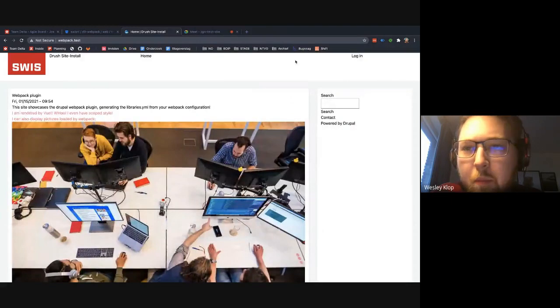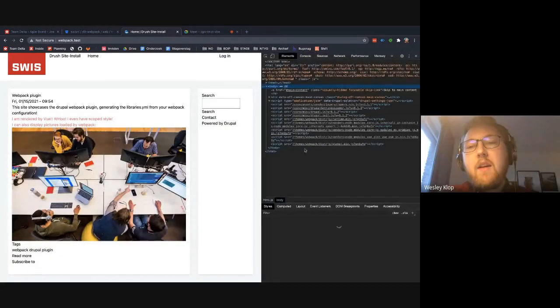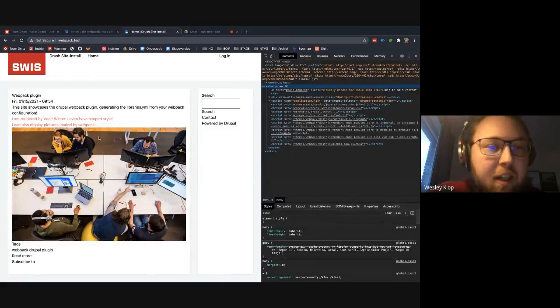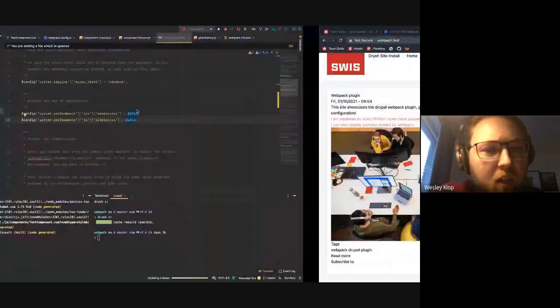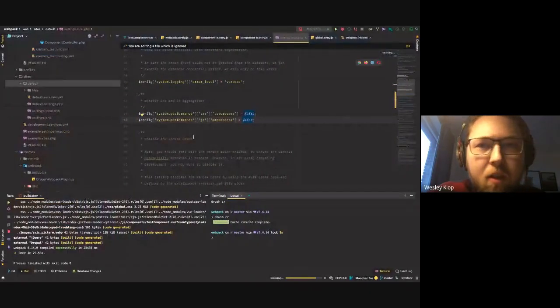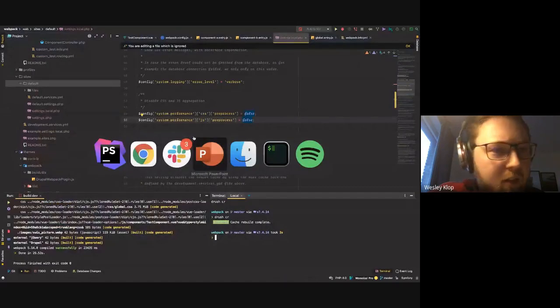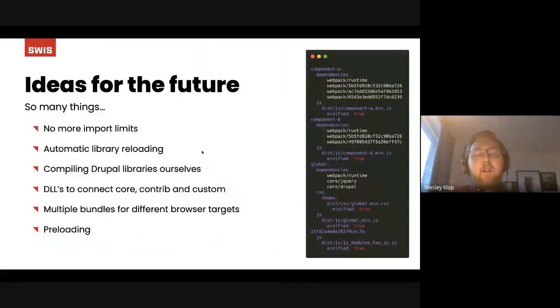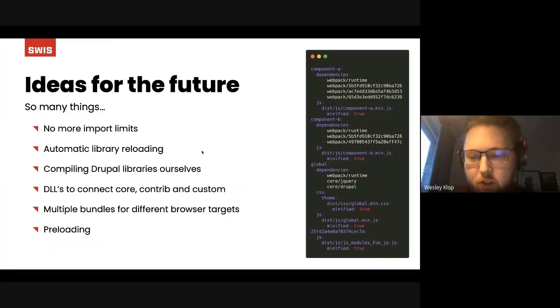Now it has all the files separate, and it still works. So, what more can I show? You've now seen the application, and I think what I did is very cool, because it's a sort of progressive decoupling approach to modernizing your front end and achieving things like the Decoupled Menu initiative,